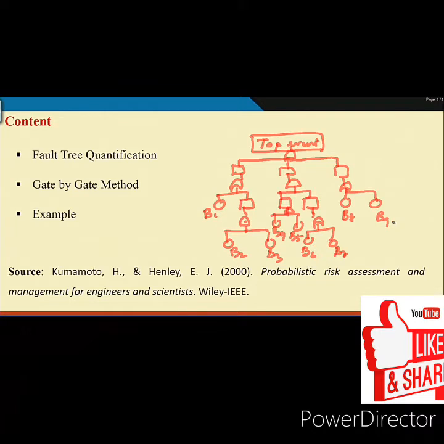Okay. So, when you are at the top level, we say that you use the concept called INS. Find out the immediate, necessary, sufficient intermediate events, immediate events which will cause the top event, put a particular gate, and that gate is a logical gate. Here this logic gate is AND. So, this means these three immediate events must occur for the top event to occur.